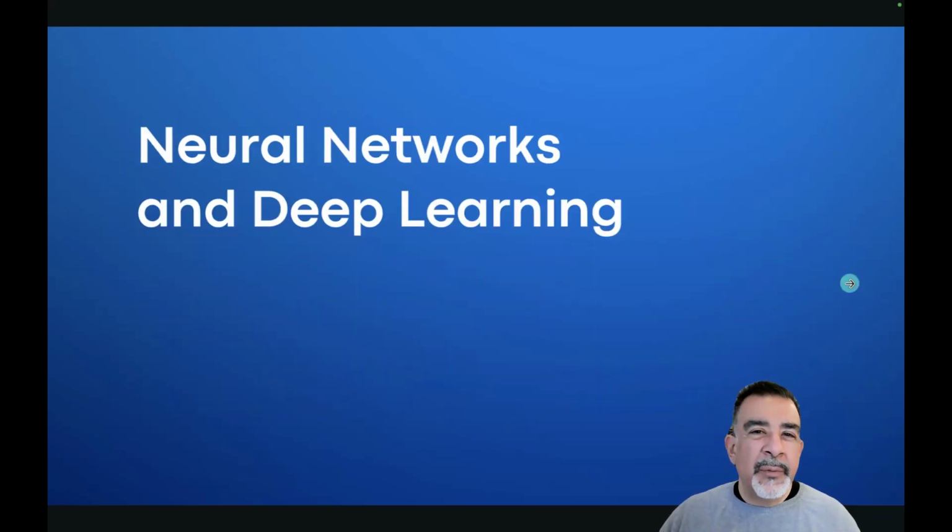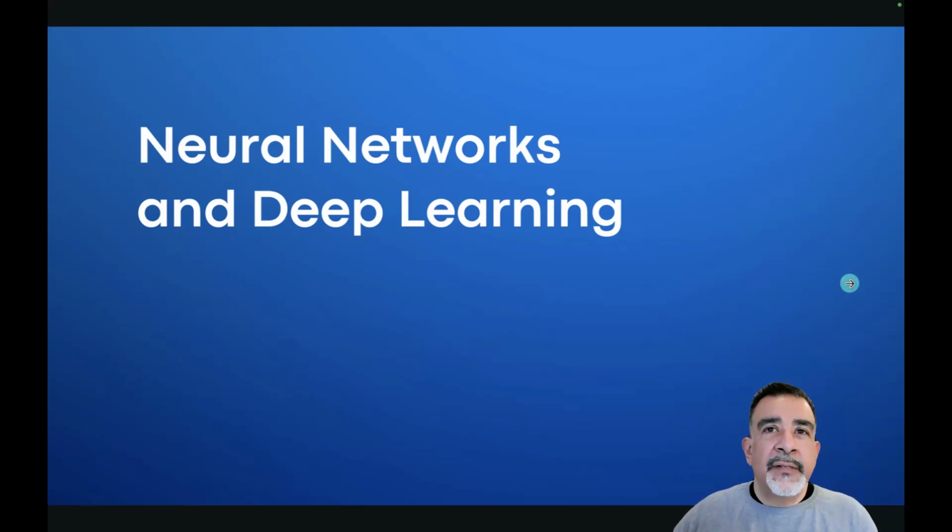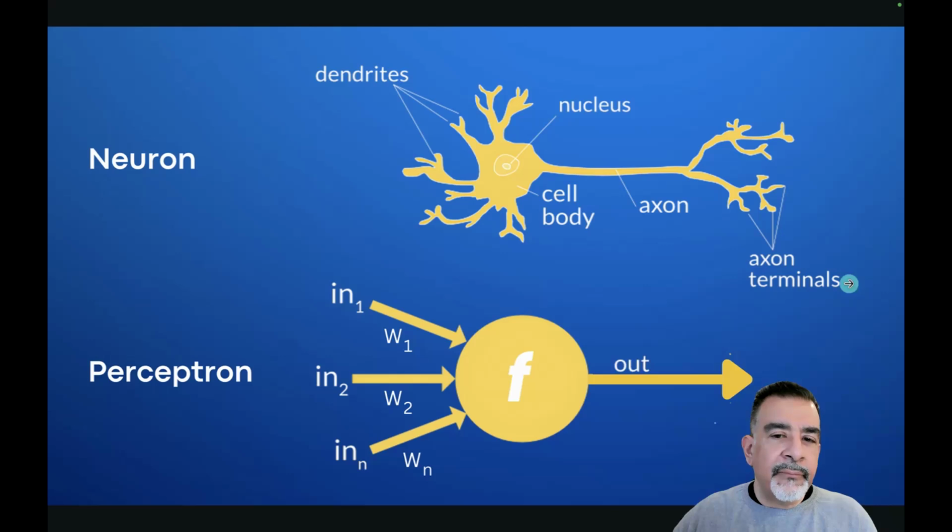So neural networks and deep learning, they form the basis of how this technology works and why it's intelligent. So let's look into that a little bit. Neural networks, obviously it has neural or neuron in the name because it was inspired by the human brain and the neural structure of a neuron, which, as we may have learned in biology, has dendrites to take in nerve impulses and then processes it and sends it out through axons to other neurons.